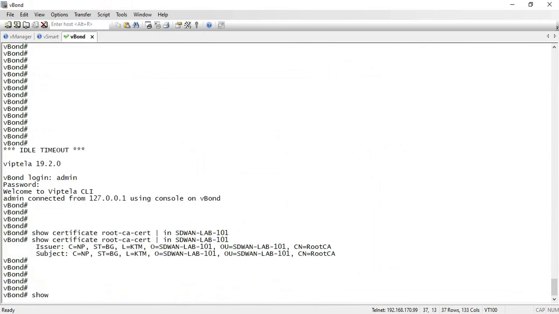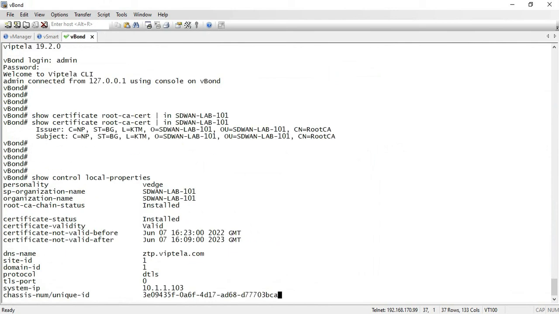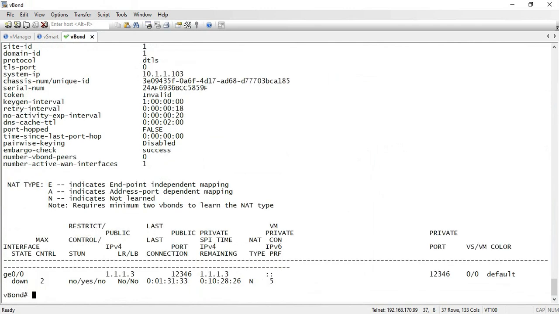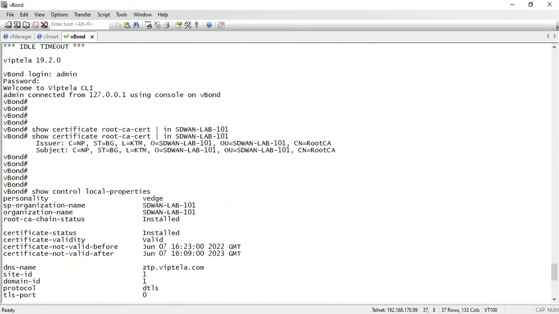Let me check the local properties. And you can see here organization name is ST1 Lab 101 and root certificate is installed. Certificate status is installed and is valid for 1 year.